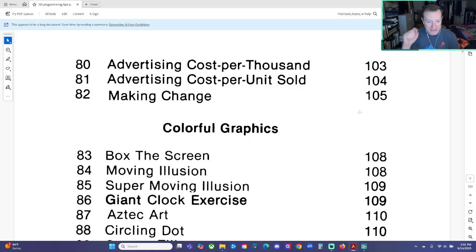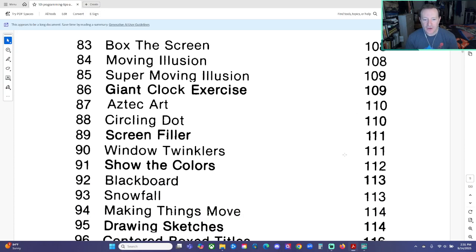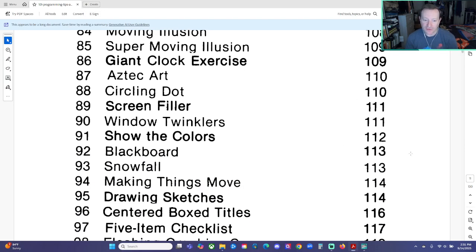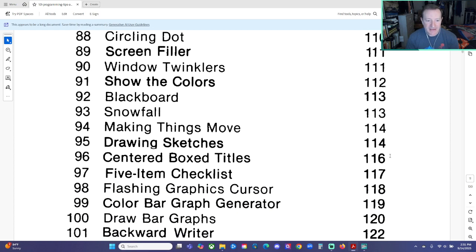And Colorful Graphics: Box the Screen, Moving Illusion, Super Moving Illusion, Giant Clock Exercise, Aztec Art, Circling Dot, Screen Filler, Window Twinklers, Show the Colors, Blackboard, Snowfall, Making Things Move, Drawing Sketches, Centered Boxed Titles,